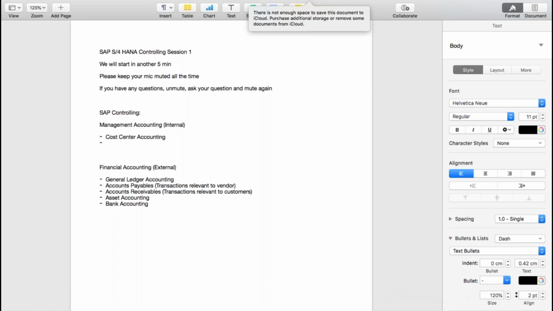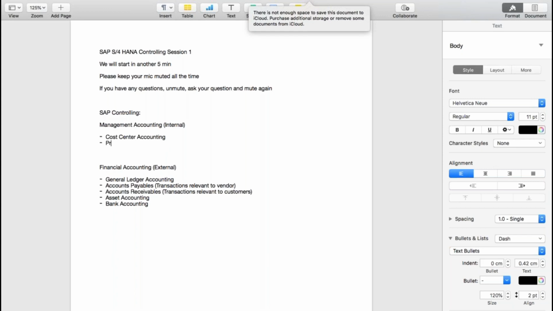Okay, but at the end of the month, whatever expenses are incurred by HR, whatever expenses are incurred by admin, those need to be settled somewhere to get the profitability, right? So cost center accounting is all about cost. Which department is making how much cost? That is something that is covered within the cost center accounting.